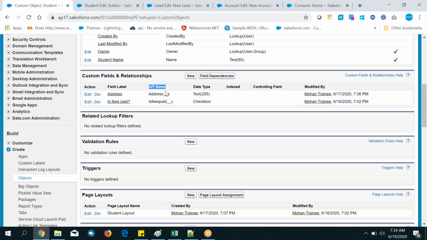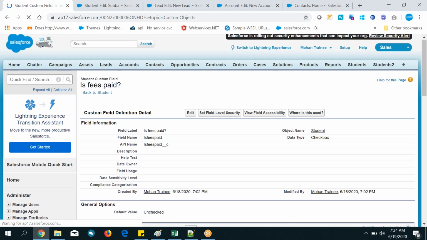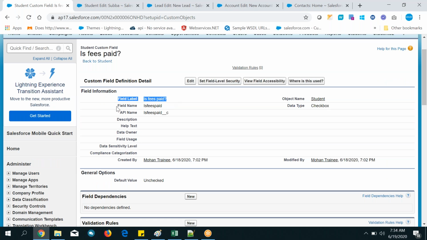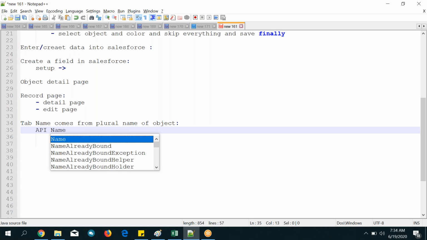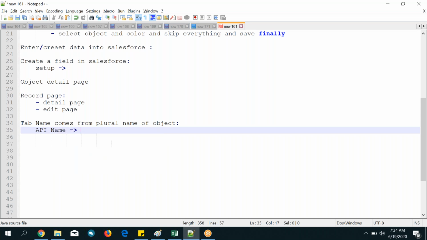Next, API name. So who has given the API name? How does the API name occur? So open that field. This is what you have given, and the field name also you have given manually. Can you just search it? Did you observe that under API name it is taking the field name plus underscore underscore C, it is concatenating. How is the API name forming?